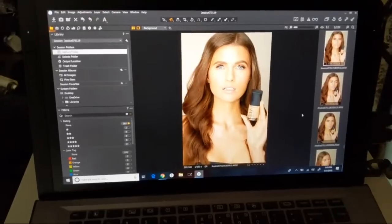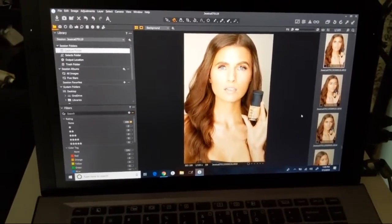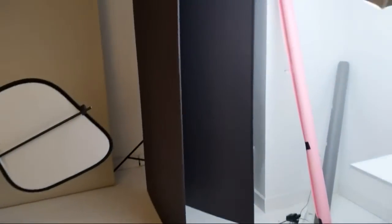Let me see. When using a black background, how do you keep it from turning gray when using a strobe? Mine never come out with a rich black color. Okay, so the key to getting black, like deep